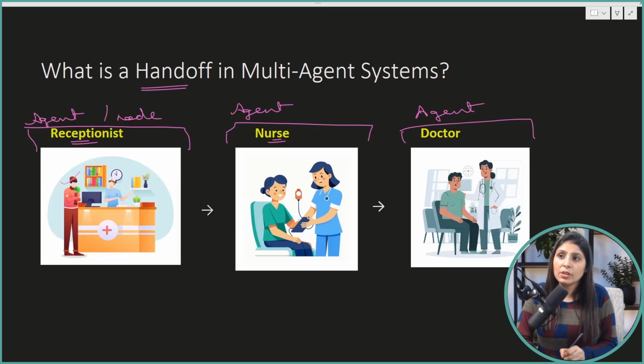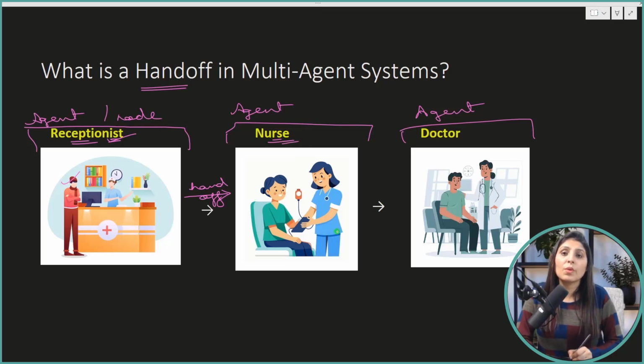So when the user or the customer or the patient visits the hospital, the receptionist agent will see if that person is having an appointment. So this is the task of this agent, to check if that person has an appointment. Then if that person has an appointment, this receptionist agent will hand off the task to the nurse agent.